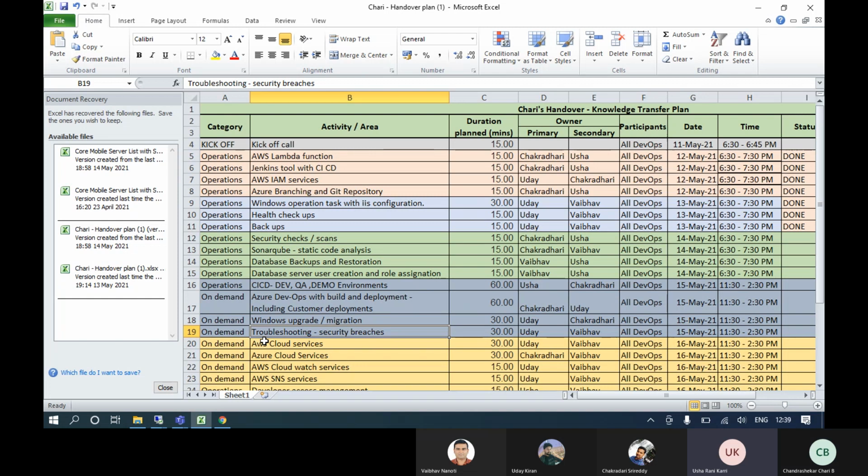Chakradhar, what I'm thinking is, instead of involving us at that time, if you could provide one session on how the process works, how you people used to do, that would be better. So far, we haven't done it, Usha. I have to look into it. I already prepared a document earlier. I think I remember, but we have to see once the scenario comes into the picture. Anyway, we will have some time, so we will start from next month. Then I will get it ready and share it with you.